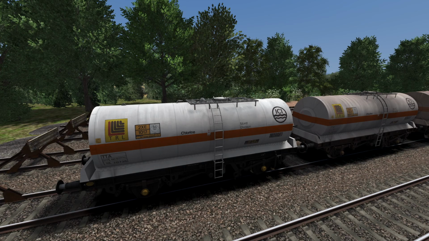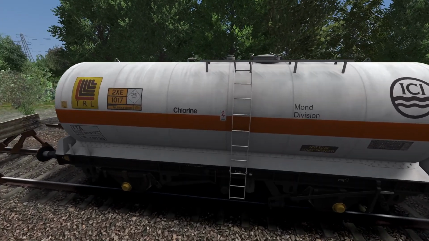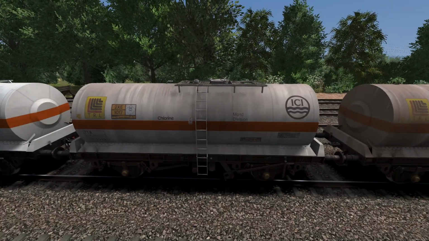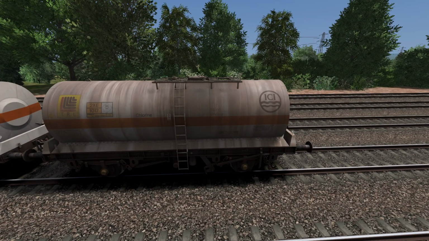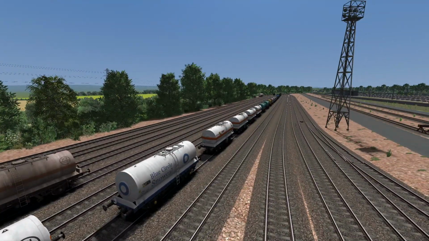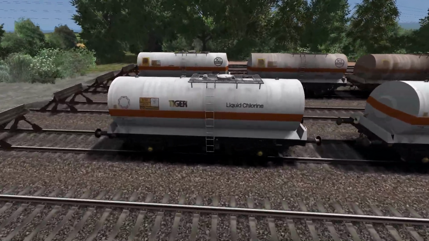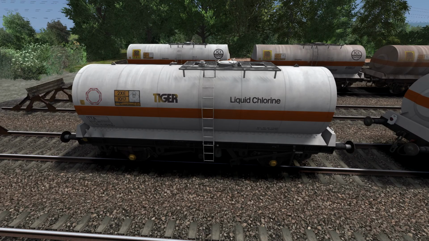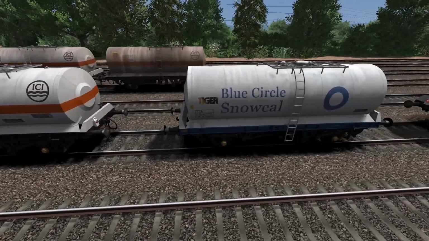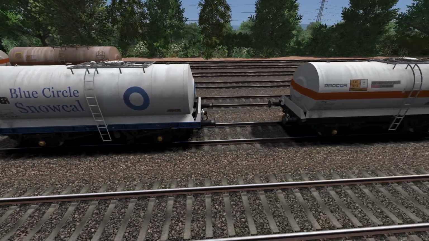Alrighty, so we're going to do this in quick form order. These are the TTA 3 wagons. So basically you've got the weathered 1, weathered 2, and weathered 3 variants. I've just done one version of each, since there's quite a few regardless. So we've got Tiger liquid chlorine in white, Tiger Mond Division in ICI, Tiger Blue Circle Snowcal,